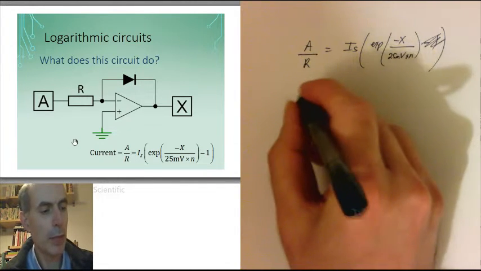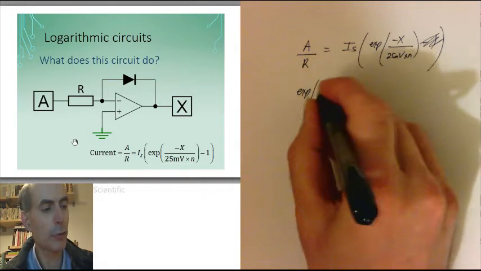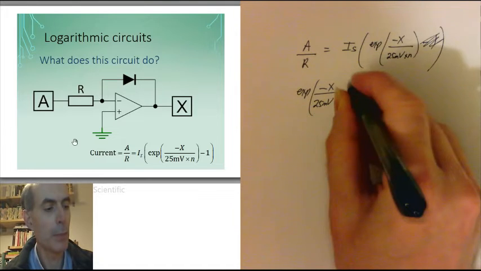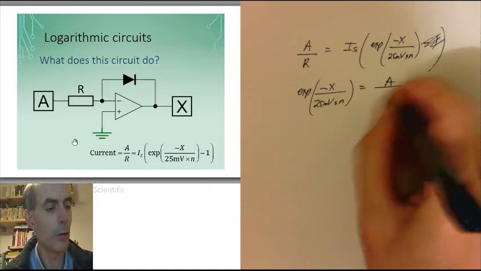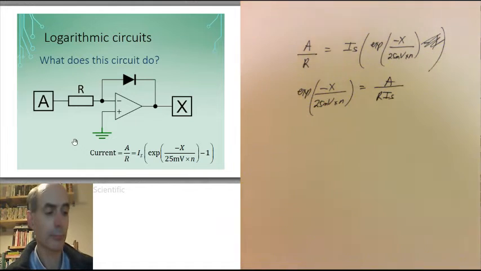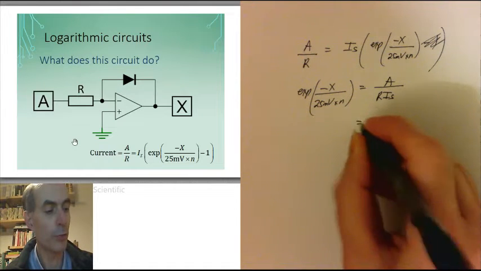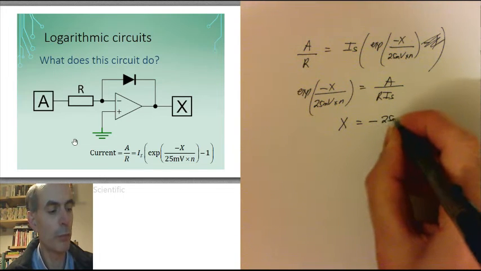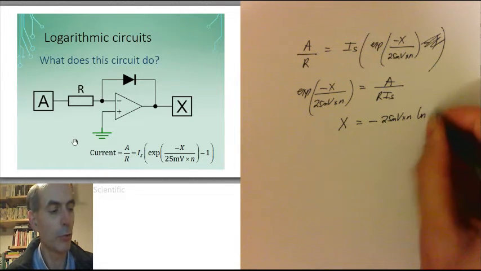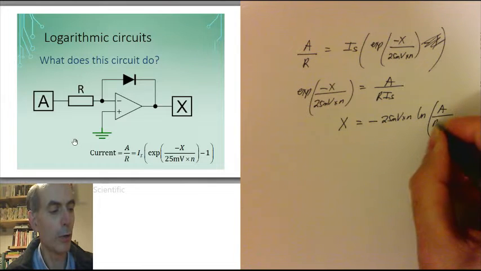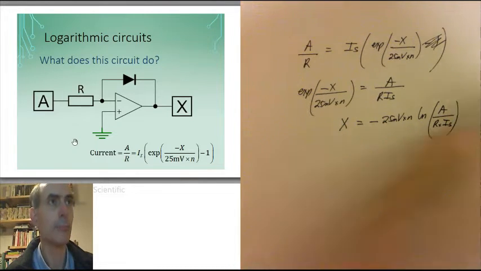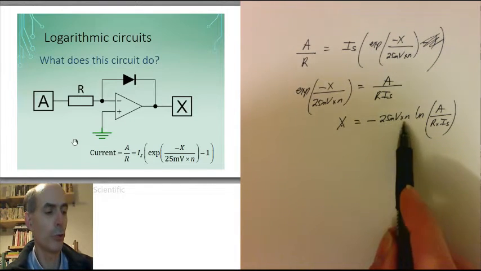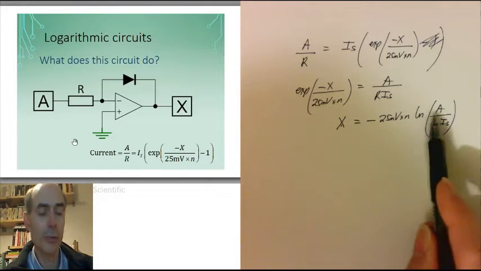That would mean that we have exp of minus x over 25 millivolts times n is equal to A over R times IS. Or take the log of both sides and multiply up by a few things. X equals minus 25 millivolts times n times the logarithm of A over R times IS. We have a circuit here in which the output appears to be proportional to a function of the logarithm of